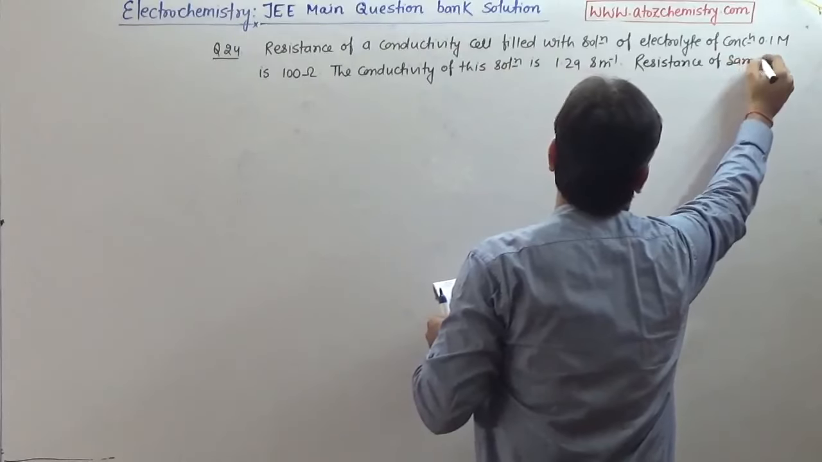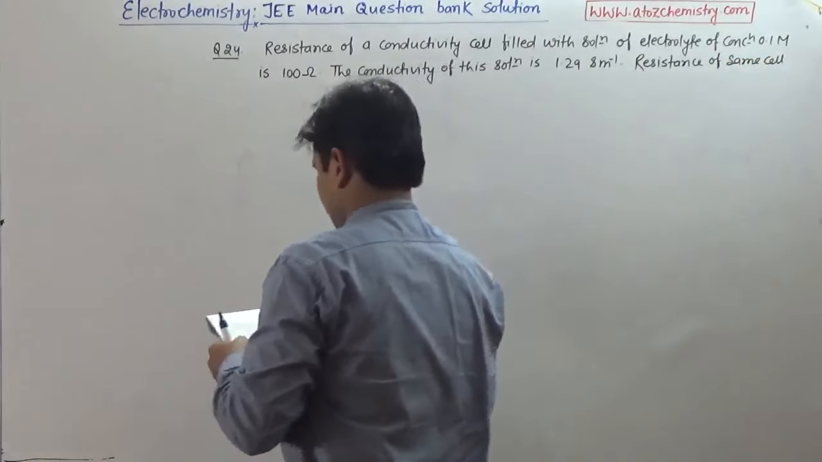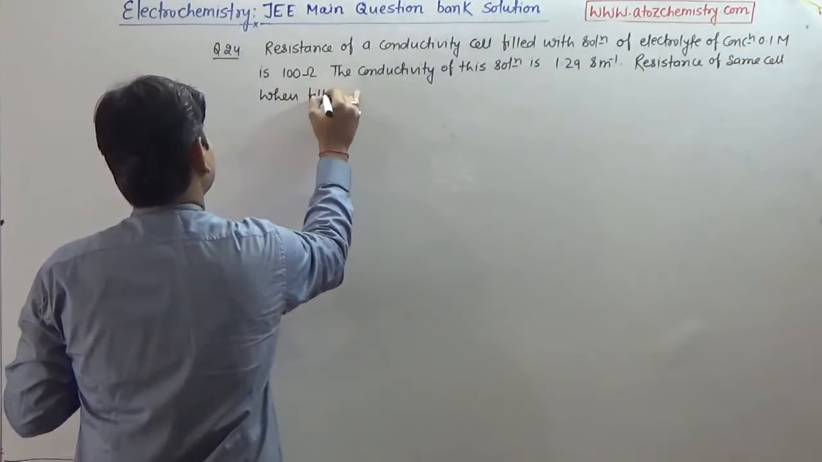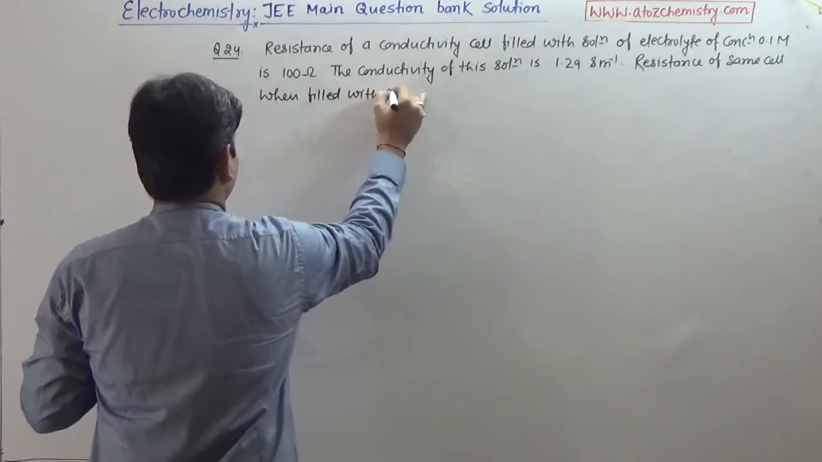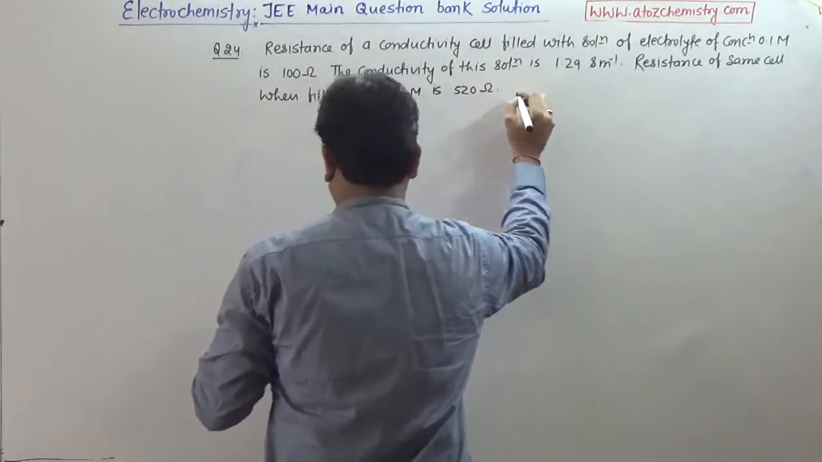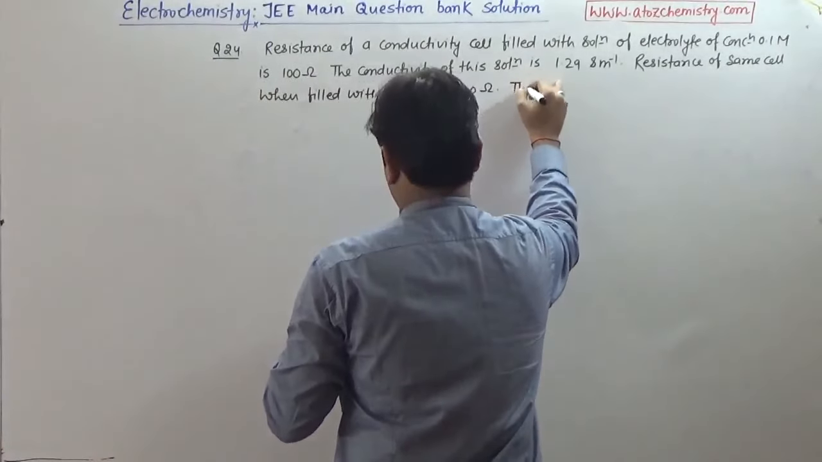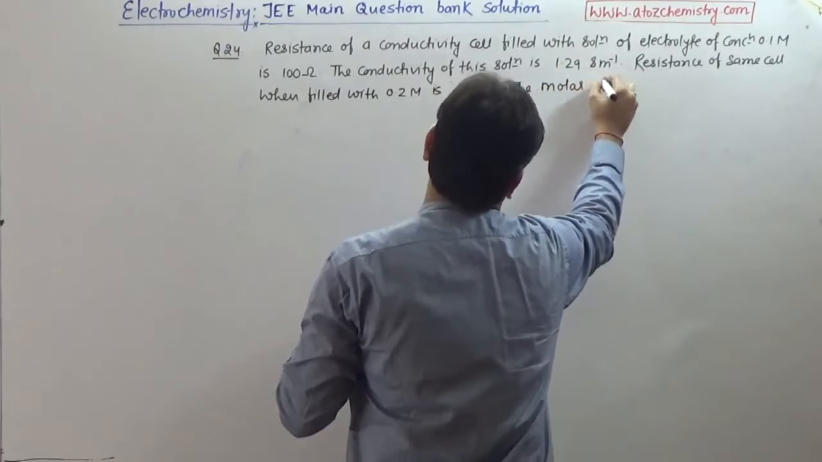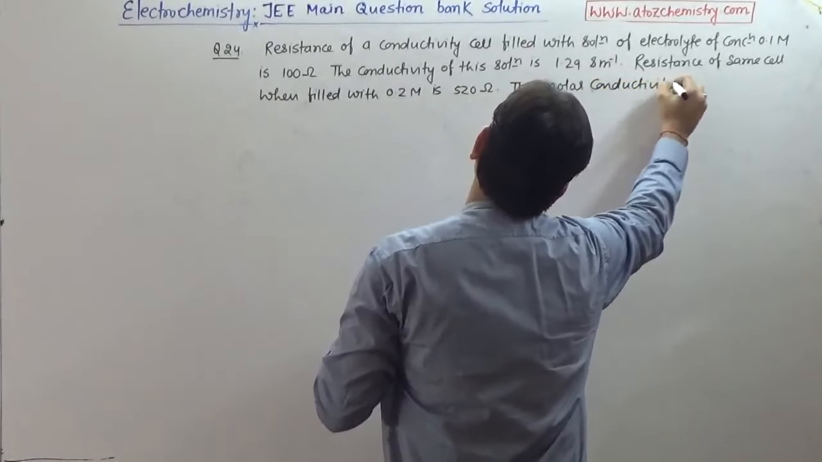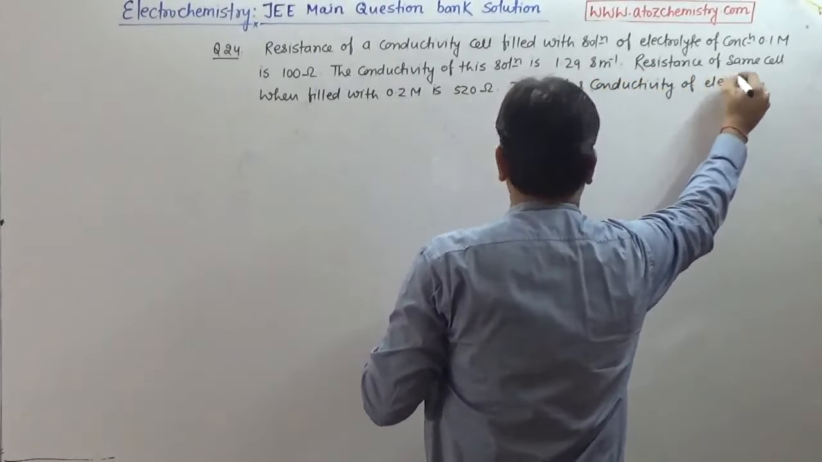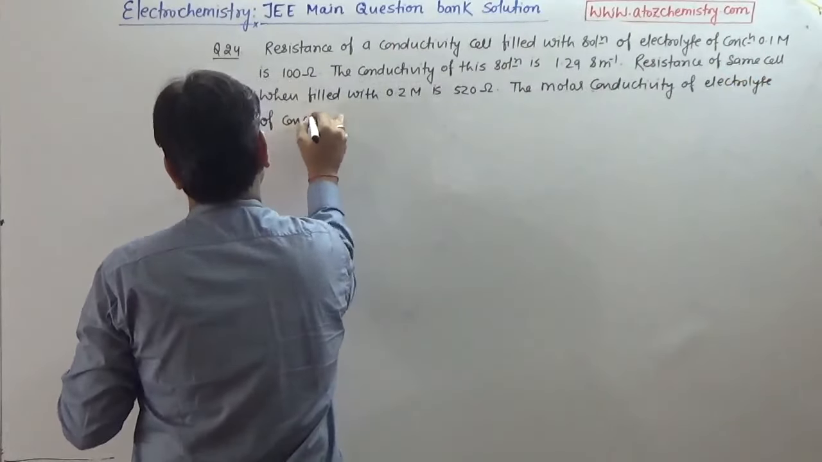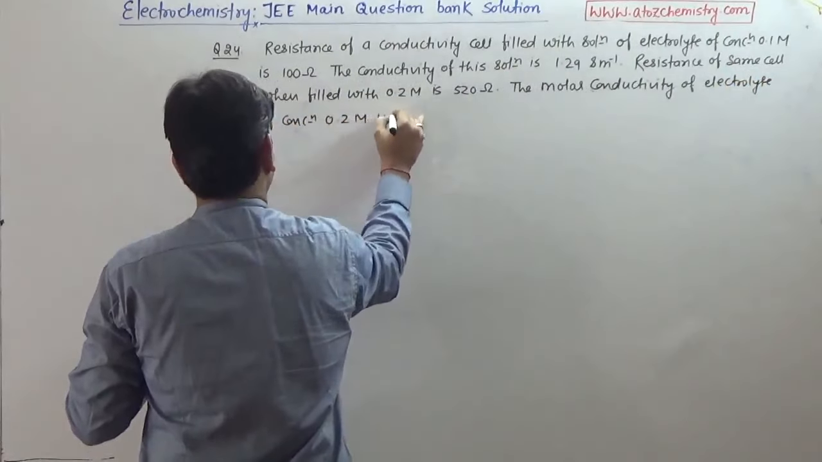Resistance of the same cell when filled with 0.2 M is 520 ohm. The molar conductivity of the electrolyte of concentration 0.2 M will be,